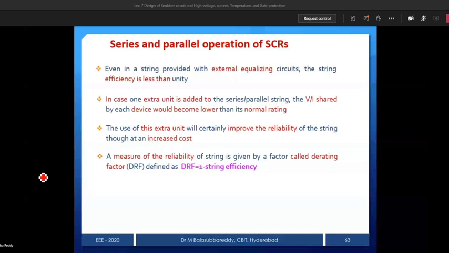If SCRs are connected in parallel and one of the devices fails, that leads to a major problem. Very simple. Now the total load is shared by these 10 SCRs, but if one of the SCRs fails, the load may not decrease, the load remains constant, so the rest of the SCRs have to carry more load than their capacity. Automatically other devices will also fail, like that. Consequently, the whole string is going to fail. Many problems will be there anyhow.